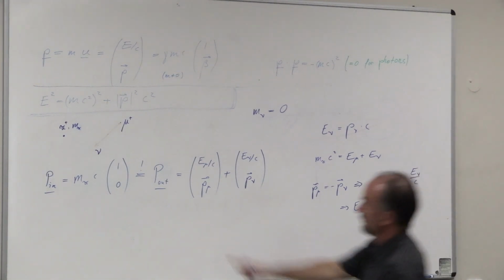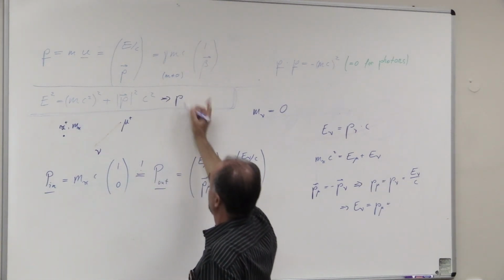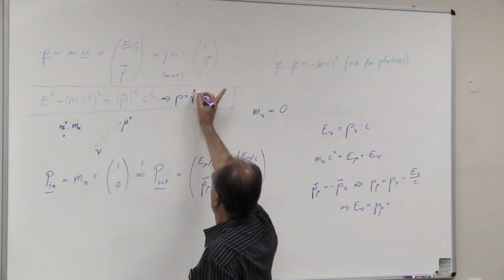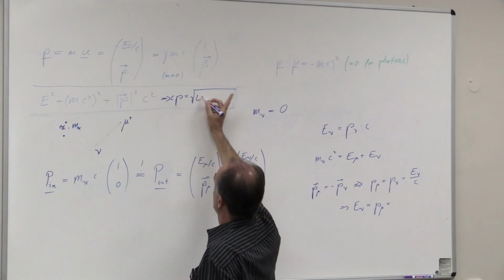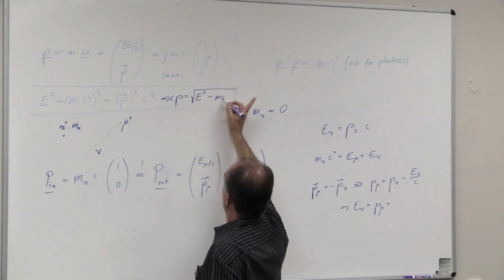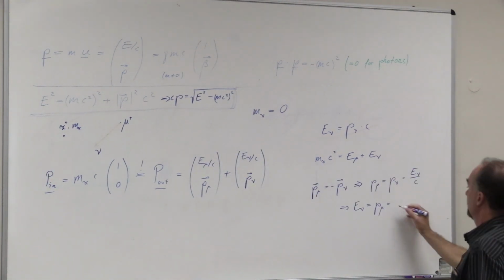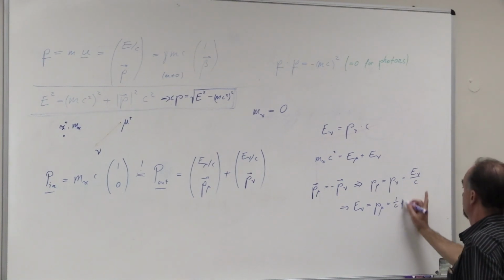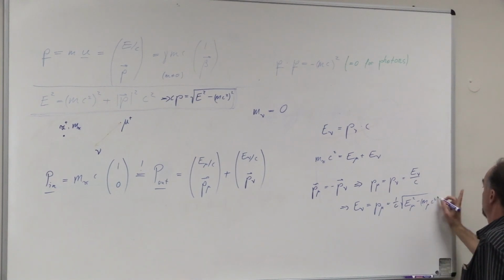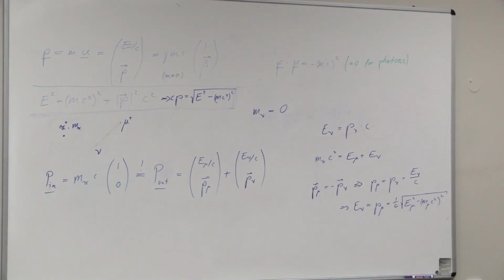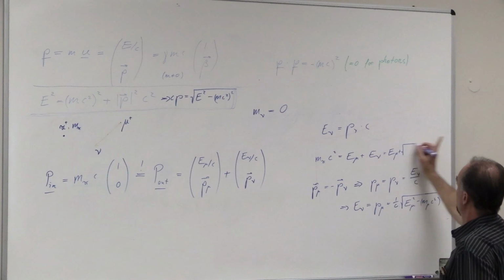But P muon we can solve for: the momentum is the square root of E squared minus m squared c to the fourth, over c. We can use this here, with the muon energy squared minus the muon rest energy squared, and we can plug this in here. So it's E muon plus the square root